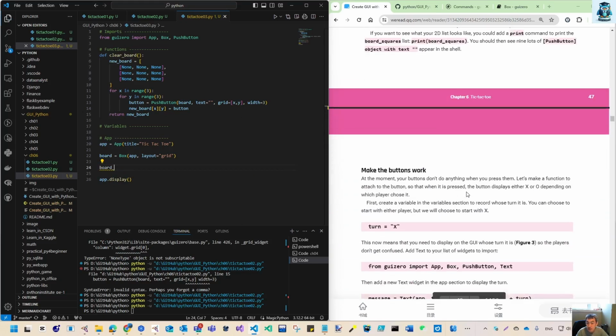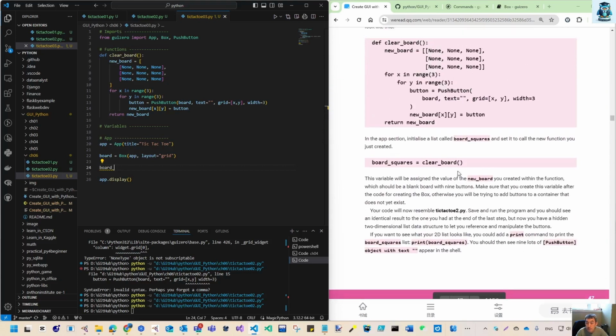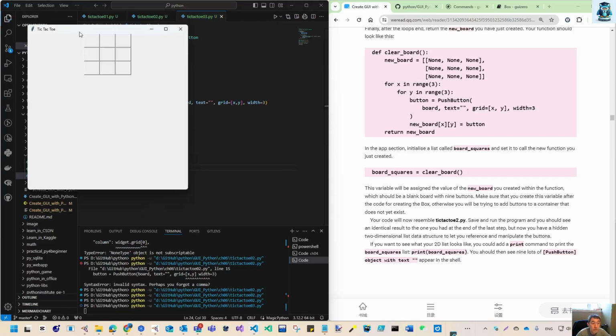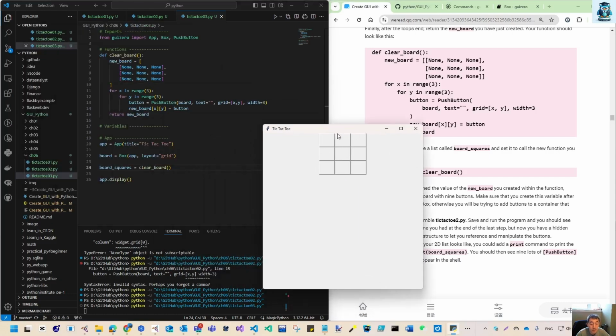So we can have that back equal to clear board without anything. So now you get that because when you run this code, first you have to define a board, and